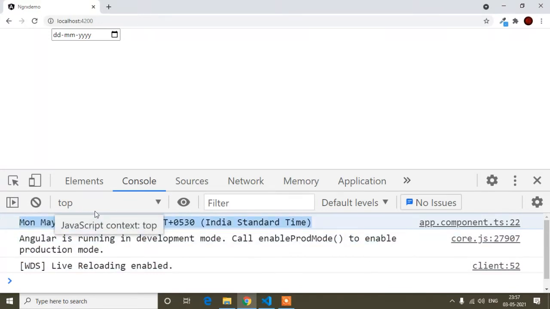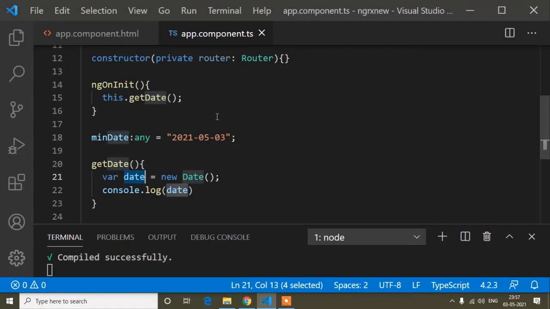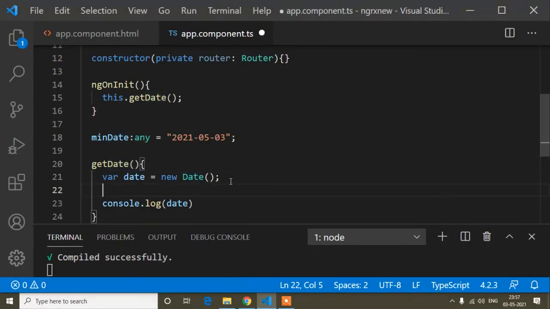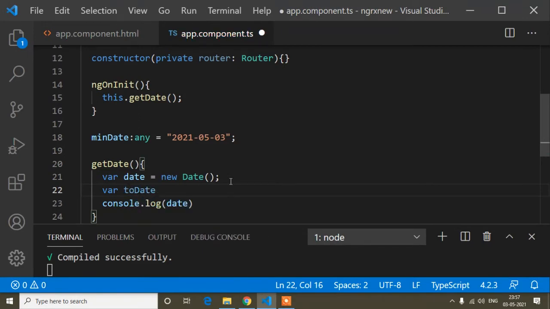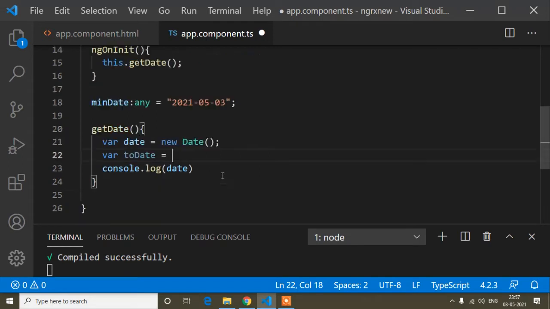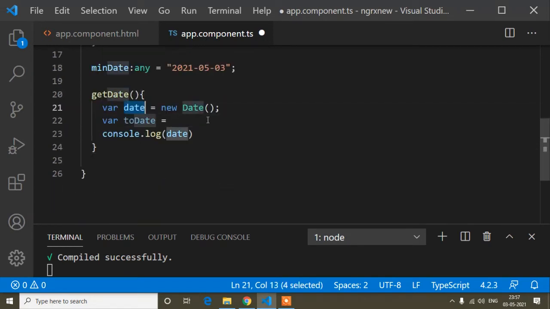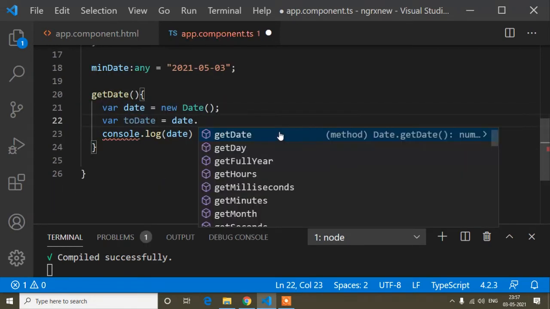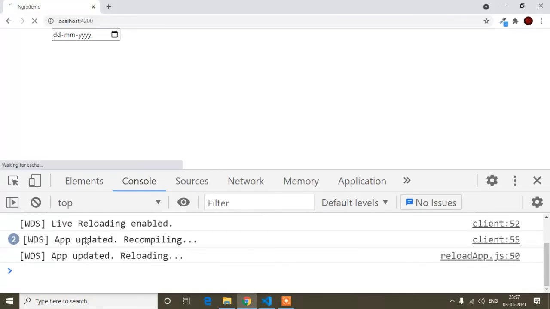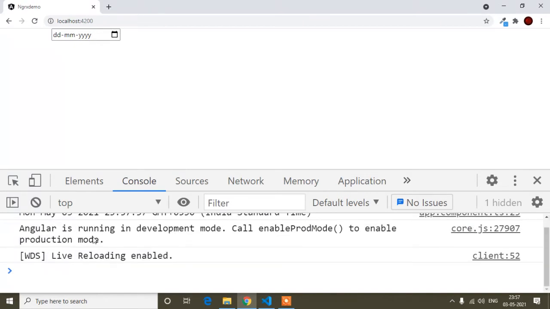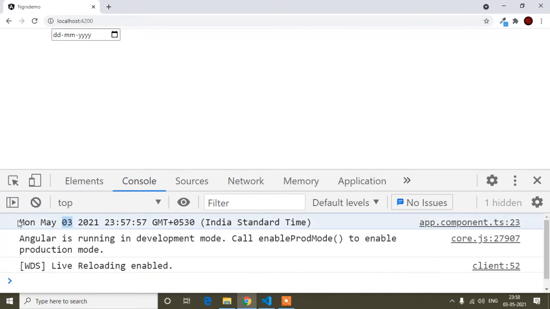So from here I have to cut only this 3. For that, guys, here's another method. Today's date, and inside this today's date, from this date variable, date.getDate(). This getDate method returns today's date from the whole date. So it will just cut today's date, I mean this one, from all over this date.